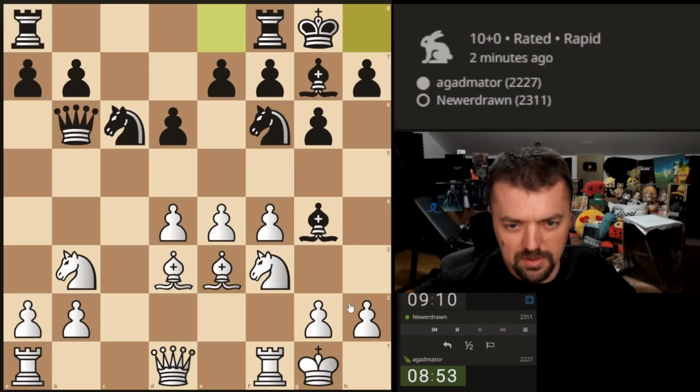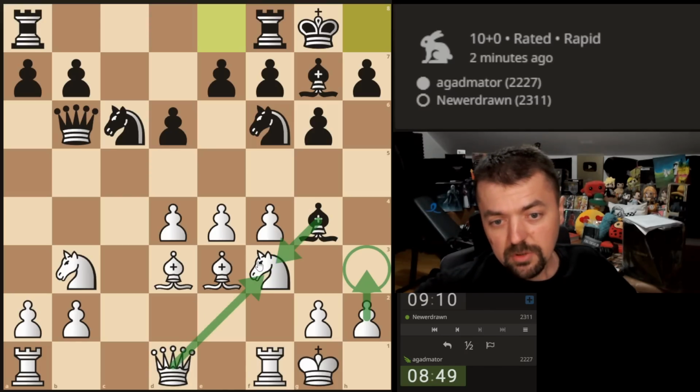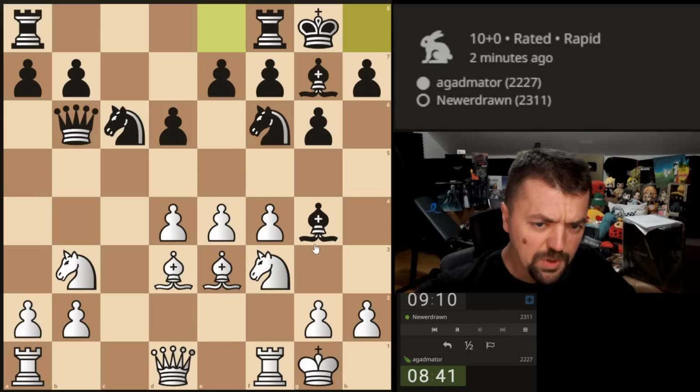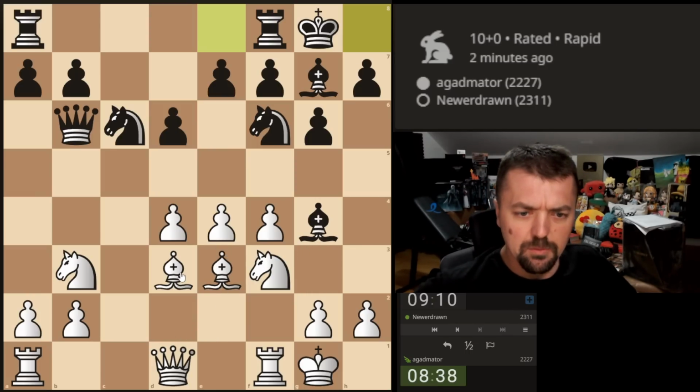Okay, so he goes for this. So now the question is, do I go for h3 and allow this trade? Should be good for me. I will have the advantage of the bishop pair and also have my bishop defended, or he goes back and then we can just defend our bishop. Or we don't even have to do that. We could even